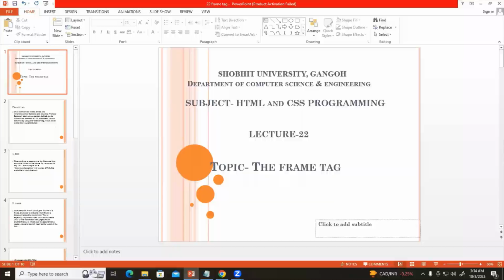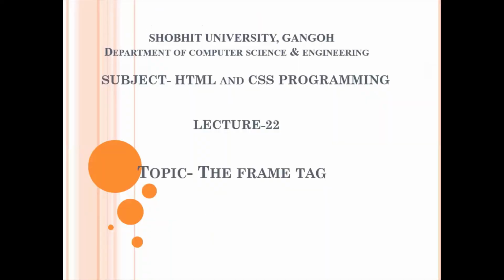Welcome all. This is our lecture 22, and in this lecture we will cover the topic frame tag. In the previous lecture we learned what the frameset tag is and how we can divide our browser screen into different sections and work with a single browser window